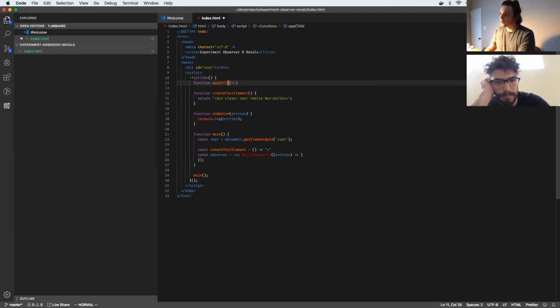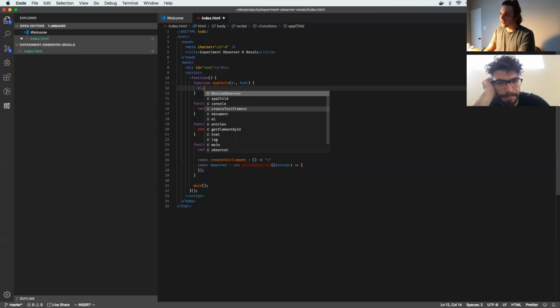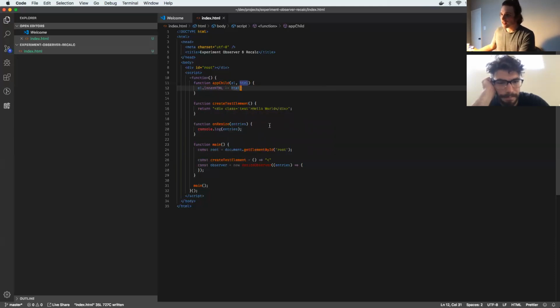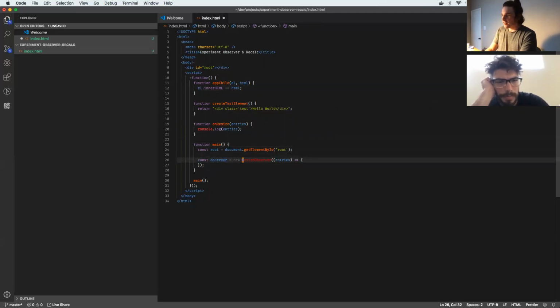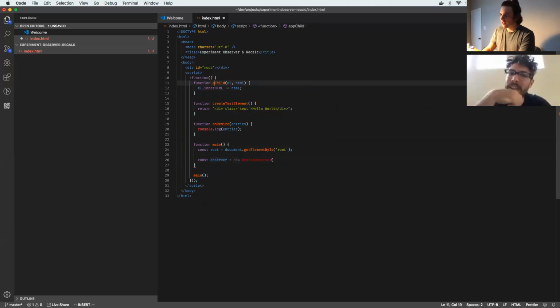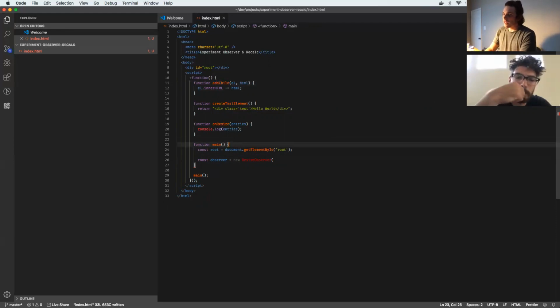Let's add child. We take an element, take some HTML. We're going to do something like l.innerHTML plus equals HTML. That's the thing, I guess, right? Does that sound like something I can do? I think you have to go the other way around, right? HTML plus equals element under HTML. Because then you'd be adding the DOM to the... So what I was wanting to do was something like,